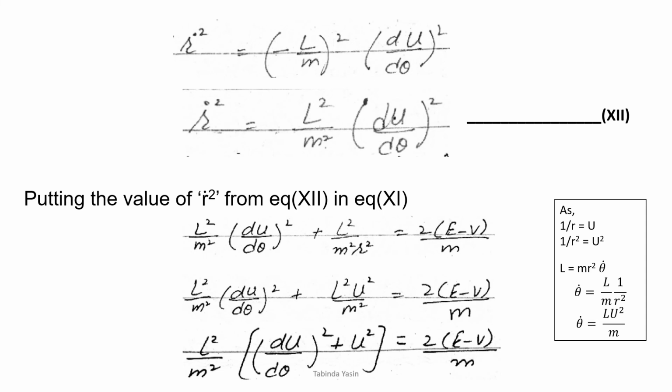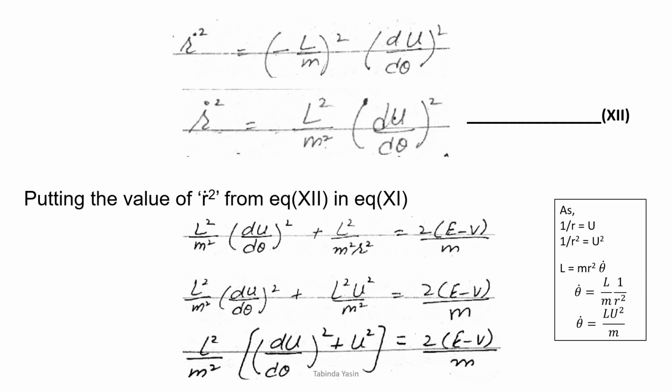As we have to find the value of du over d theta whole square, we have to make the equation. So here we square both sides, and we get r dot square is equal to minus L over m whole square into du over d theta whole square. So we have r dot square is equal to L square over m square into du over d theta whole square. Giving that equation number 12,